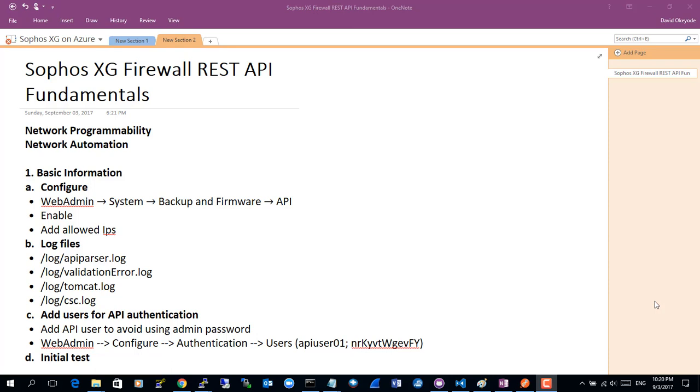Hello and welcome to this recording on the fundamentals of the Sophos XG Firewall REST API. In this video, I'll introduce you to this powerful tool and feature of the Sophos XG Firewall and hopefully enable you to use this in creative and innovative ways in your environment, especially if you work in an organization that's embraced infrastructure as code, where you build your infrastructure using a deployment pipeline with automation in line with